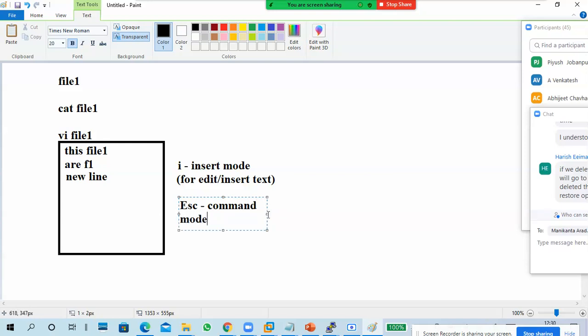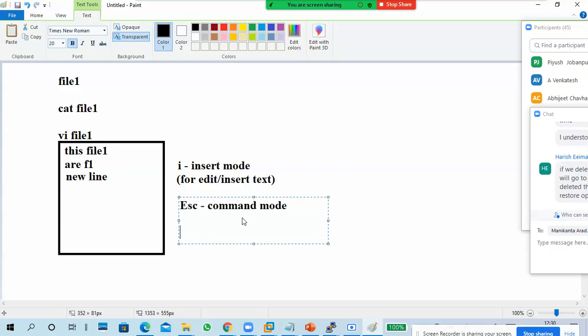I will tell what command mode is later. Initially, when you open the file, it is in command mode only. Now after escape, I went to command mode, which means I cannot edit now.